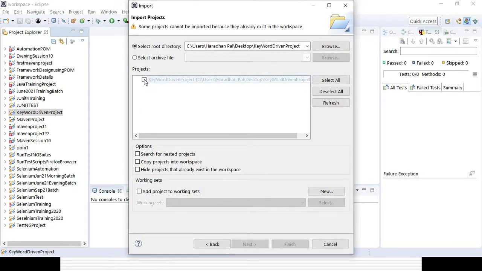You need to select that path once it is downloaded completely, and then click on the Finish button. That is the only simple thing you need to do, so that it will be available in your Eclipse. And as it is available, you can use that particular framework, lines of code, or the other project. You can customize it, or you can use it directly.